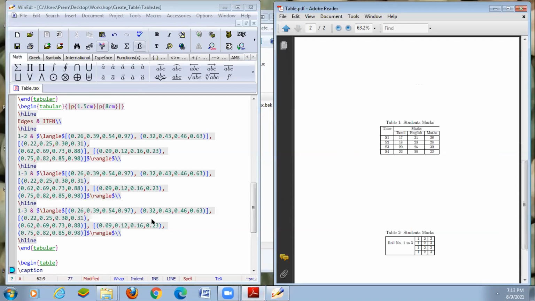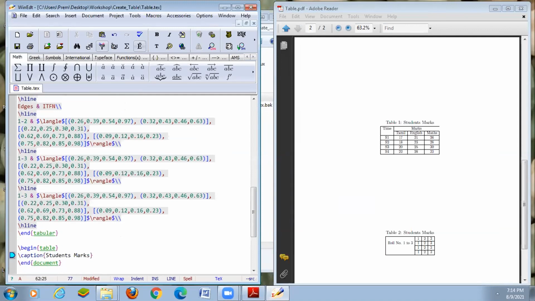So that one. So the caption of the table is students mark. Fix that label in that table.